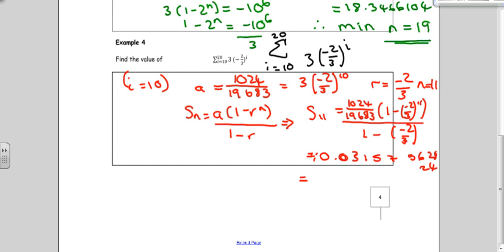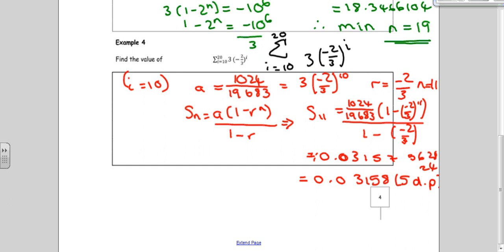But of course, usually we give it to a certain amount of decimal places, so I'm going to choose 5, so that would be 0.03158. It's a good idea to write down what you fully see in your calculator before you start